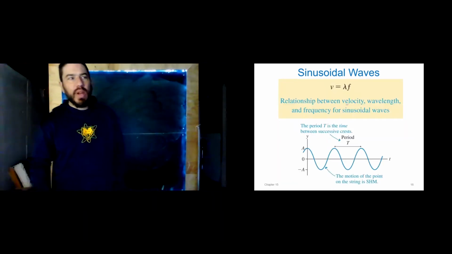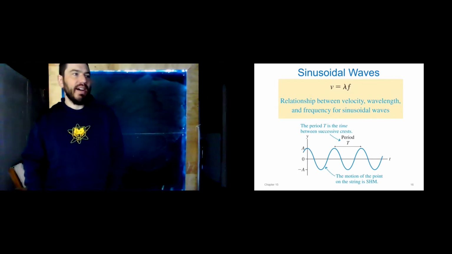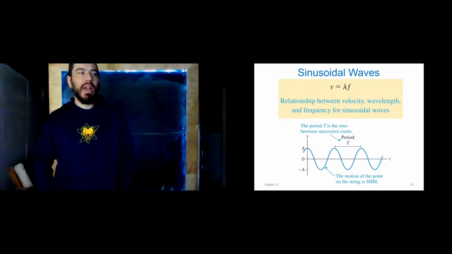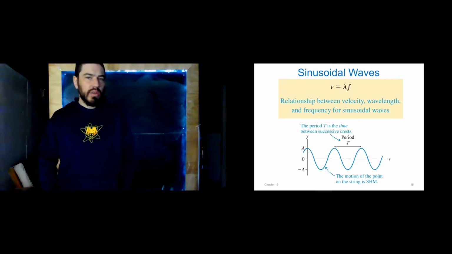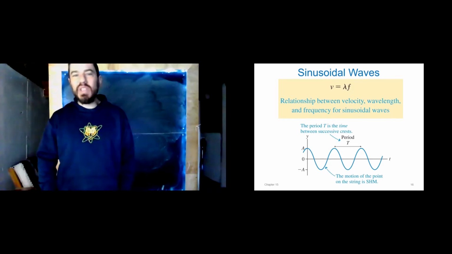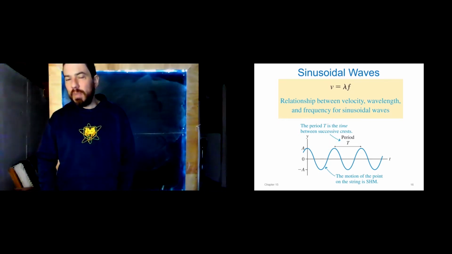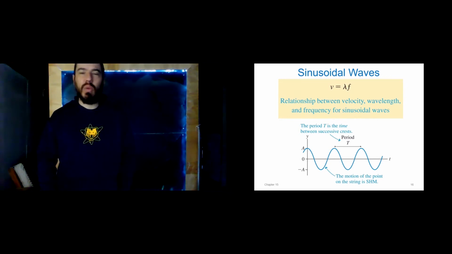Okay, I call this the big money wave equation. Velocity equals lambda times f. This is a relationship between velocity, wavelength, and frequency for sinusoidal waves. It's a fairly straightforward equation, but there's actually a lot of physics in here. One of the most important points that we need to remember when we're using this equation is that the wave speed, velocity, generally speaking, is determined only by the type of wave and the medium that that wave is traveling